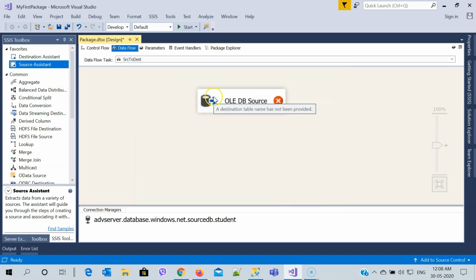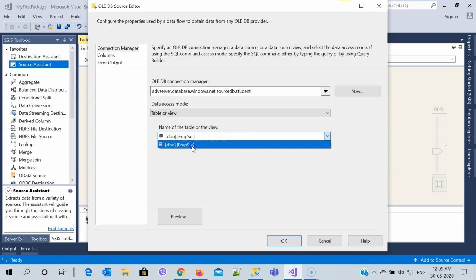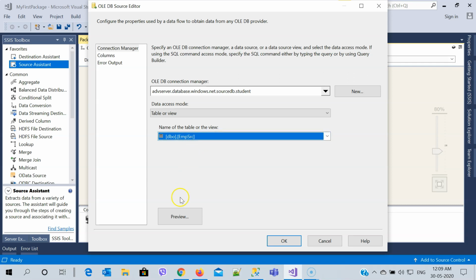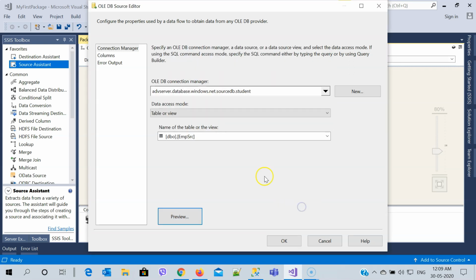Now in this source, I'm going to double click on it, and I will select a table from where I want to read the data. I have only one table with the name dbo.src. If you click on the preview button, you will be able to see the preview of this data. That's my data. And then OK.